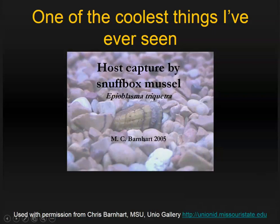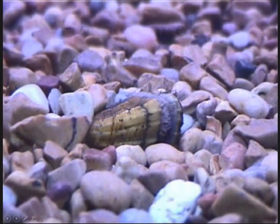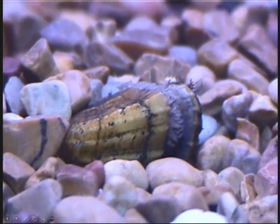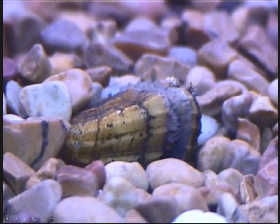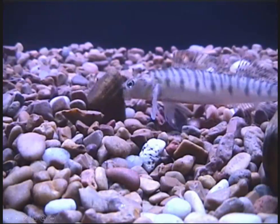Now, I want you to watch what happens when the log perch is searching for food just a little bit too close to this mussel. The mussel is working with this fish. So again, here's our log perch looking for food just like they do, but it gets a little too close to the